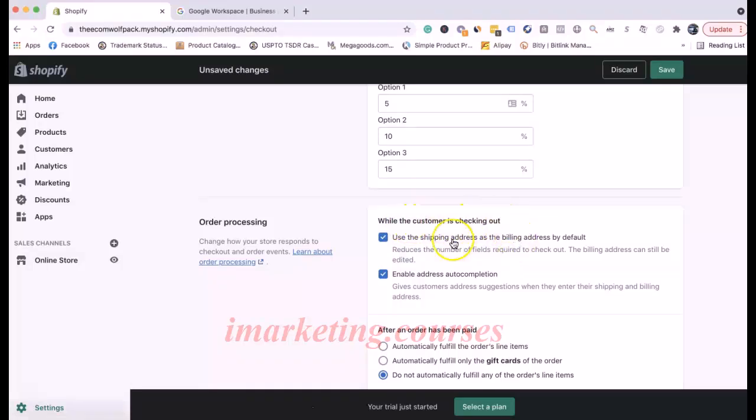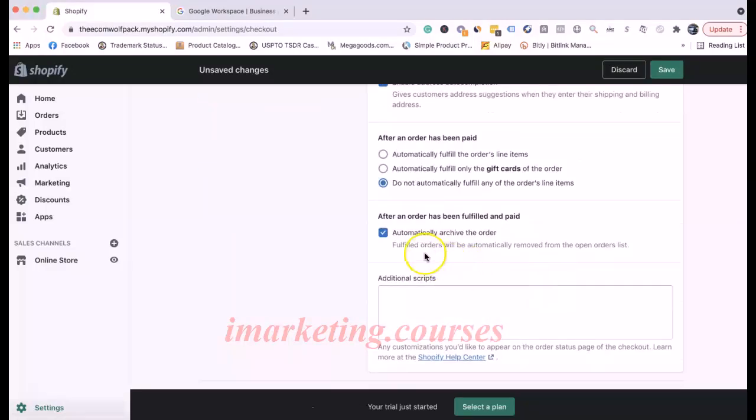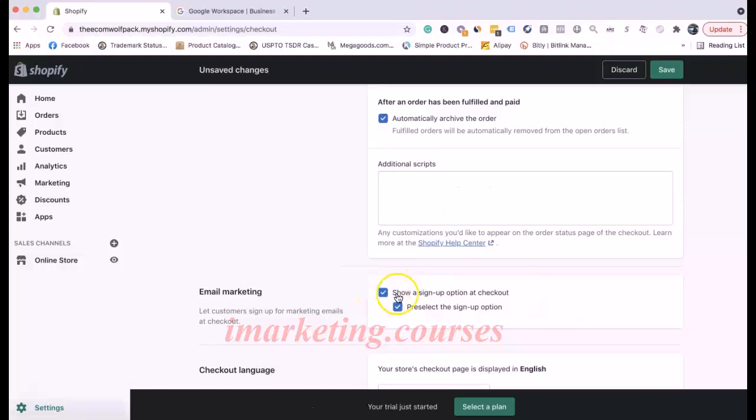While the customer is checking out, you want to use the shipping address as the billing address by default. Enable address auto completion. Do not automatically fulfill any of the order line items, and then automatically archive the order once they're fulfilled. In terms of the sign up option at checkout, you want to have this checked,